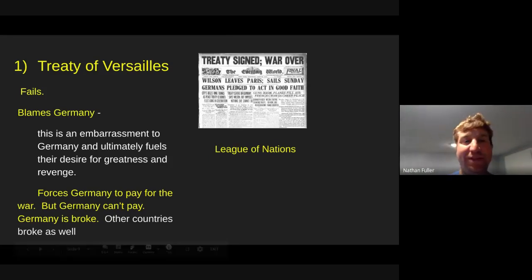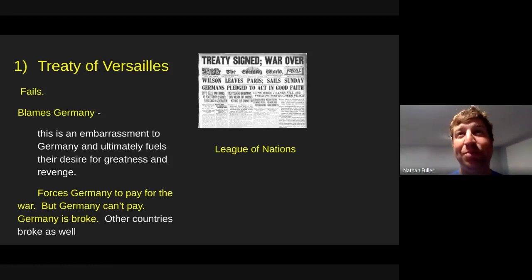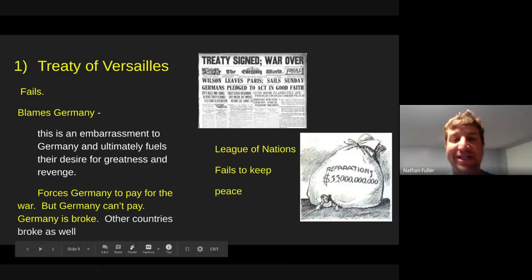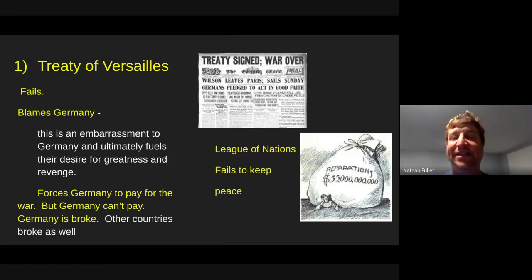In addition, with the Treaty of Versailles, the League of Nations was created. If you remember, that was one of Wilson's 14 points. Europeans didn't like 13 of the points, but they liked the League of Nations. America didn't like the League of Nations, but they liked everything else. So America doesn't join. So the League of Nations fails to keep the peace. That was really for two reasons. One is countries like the United States and the Soviet Union did not join the League of Nations, so they were kind of weak, like trying to put together the Avengers team without Captain America or Iron Man. It's not much of a team. And two, the League of Nations did not have a military.